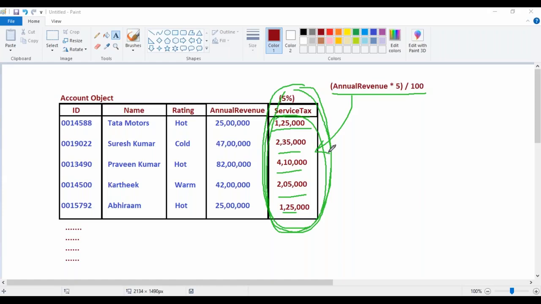So I won't enter this value. I won't do this calculation manually, because if there are not many records, I can do it manually. But we are having some lakhs of records, so it's not possible for me to do this manually. So I want to hand over this responsibility to you itself. Please take care of this responsibility. So I want to inform Salesforce, please take care of generating these service tax values based on